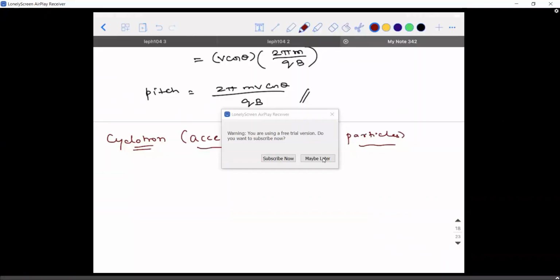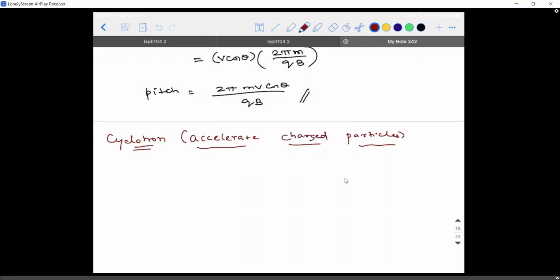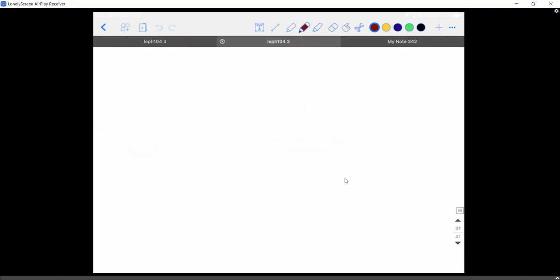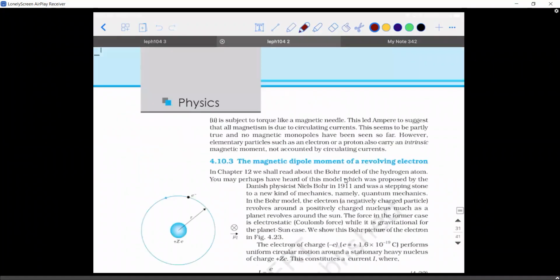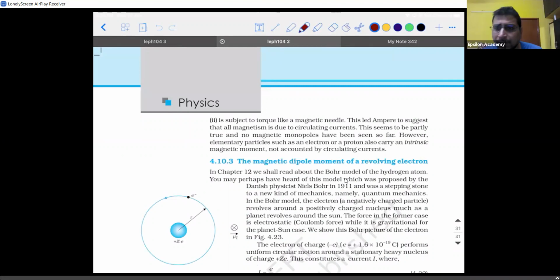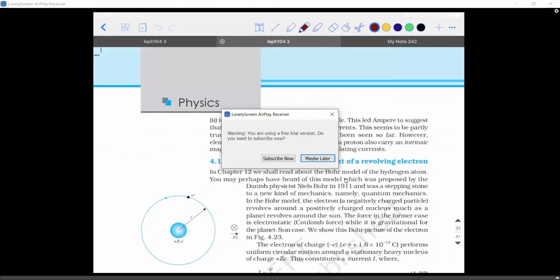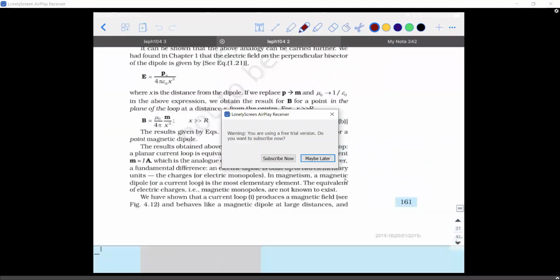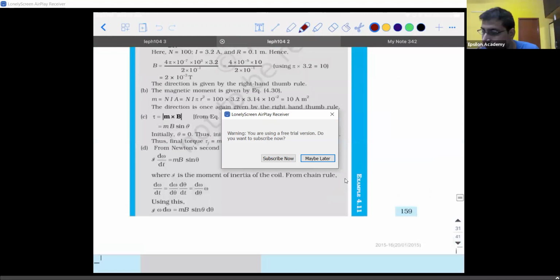Sir, tell me. Sir, yesterday you said when a charged particle on entering the magnetic field experiences force, like starts to experience force, sir. And today, you said it is not experiencing force, sir. I would have told about directions. Oh, okay, sir. I would have definitely told about directions. Okay, sir. Okay.